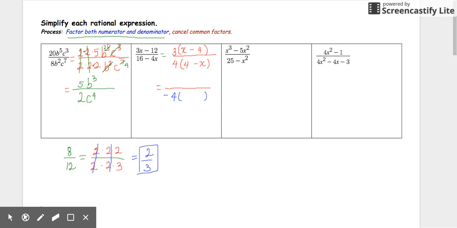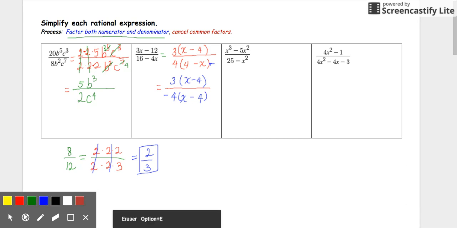So the 4 should be negative 4. And the negative x will change to positive x. So that when I multiply this new denominator, it will be the same as the product of this denominator here. All right, so now I'll put the numerator, and we notice that the factors are exactly the same,